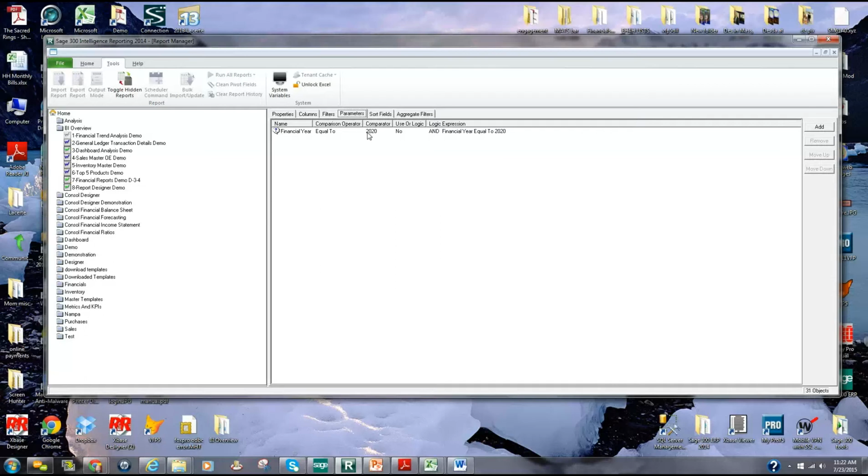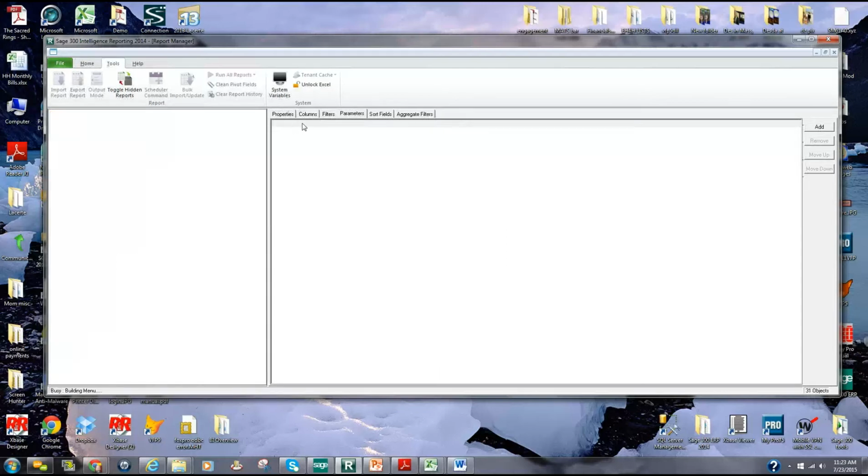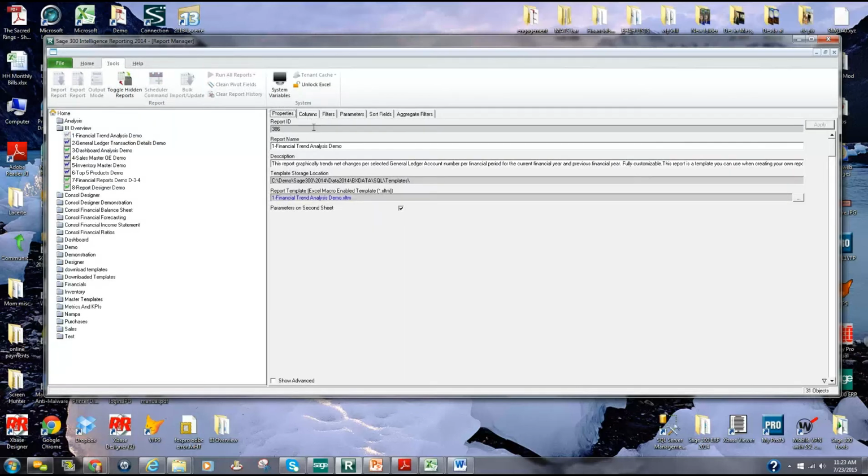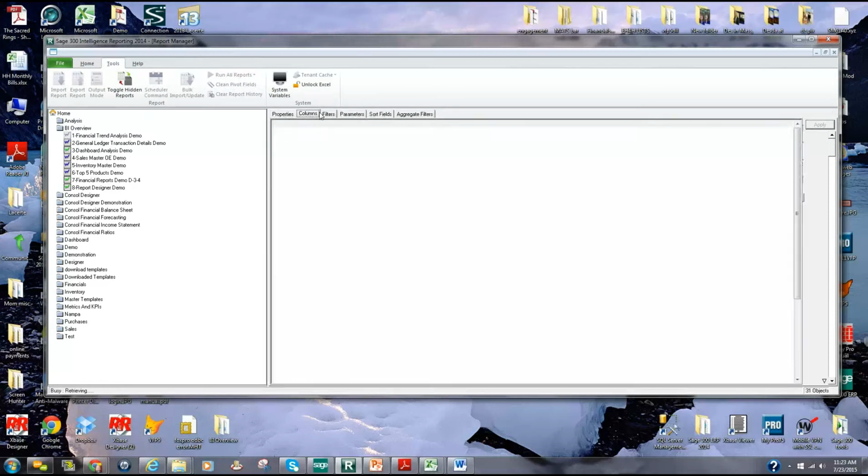So I just bring in as much as I can, and to be sure that I get some data that I can work with. This one at one point I just got tired of it, and I just clicked on this parameter and changed it to 2020 so I don't have to select an option all the time. Okay, I've got properties, and I've got columns, I've got various filters and parameters, and I can sort and aggregate